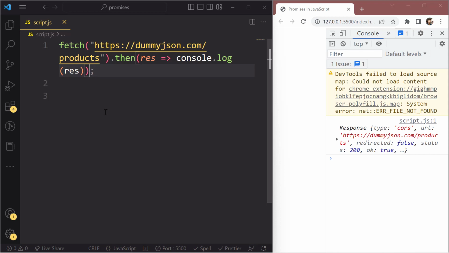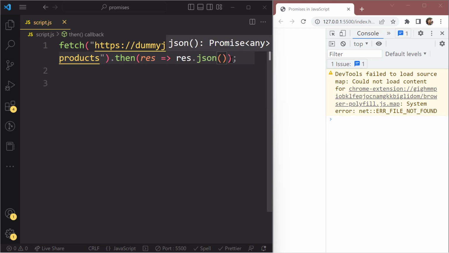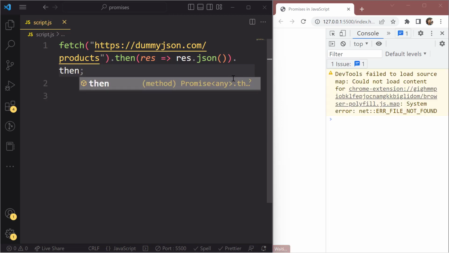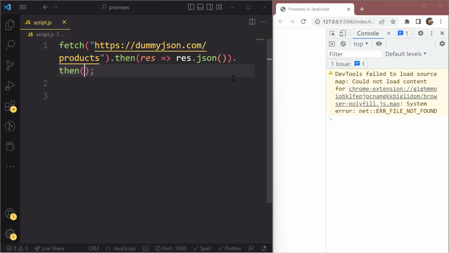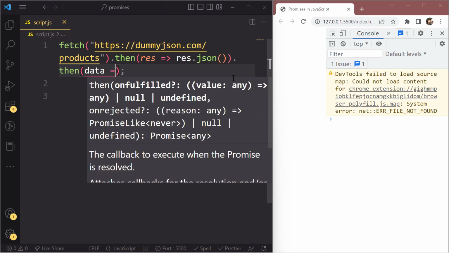Okay, so if you want to use the response, what we can do is convert this response into JSON. For example, we will remove this console.log statement. We'll say res.json like this, and now we can use another then method. When we are using another then method, this res.json is getting passed to the another then method. Here we can use data, for example, and we can say